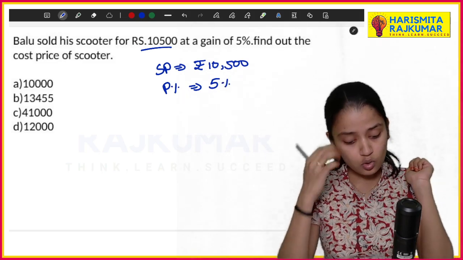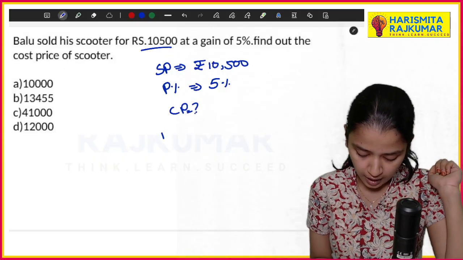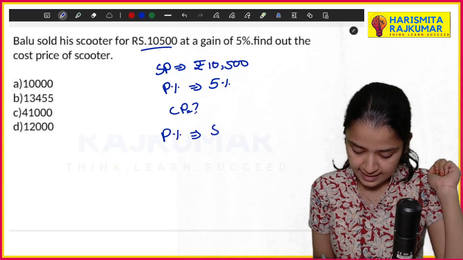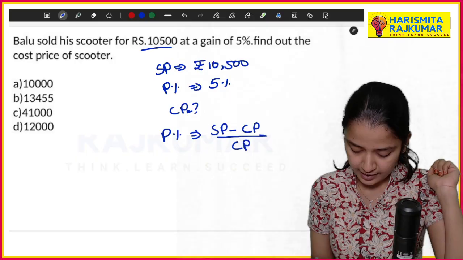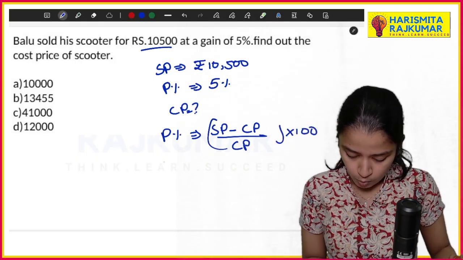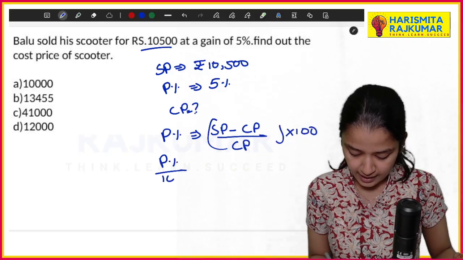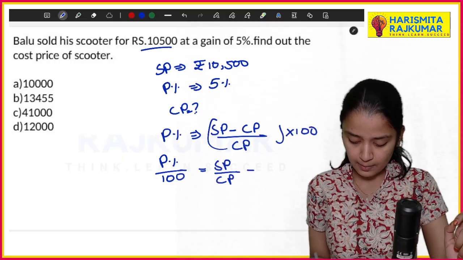Now what is the CP? CP is asked. So same formula: profit percentage is (selling price minus cost price) by cost price into 100, right? We have derived a formula where P percentage by 100 equals selling price by cost price minus 1,